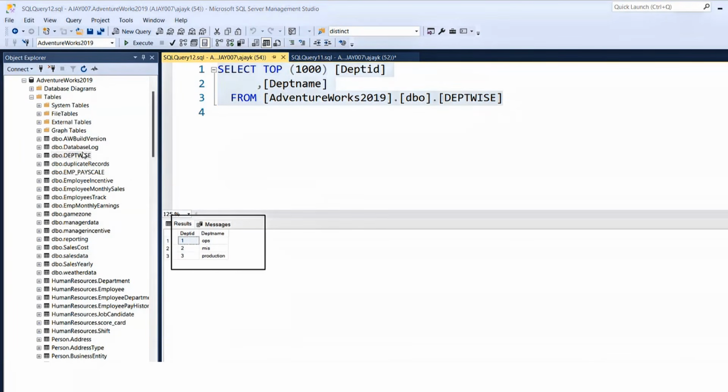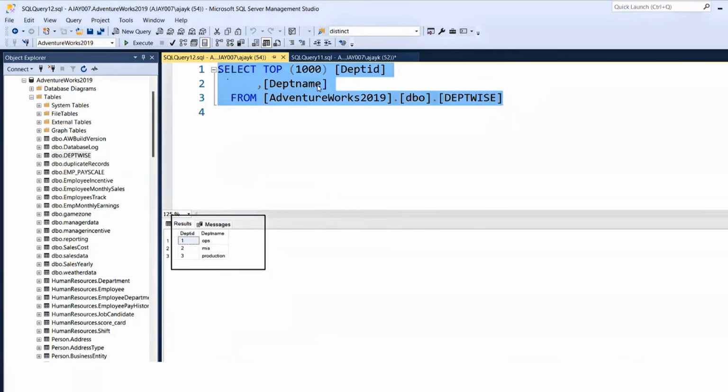Otherwise, directly you can't see the data. This is where you will see the data. Like in Excel, when you open the Excel, what happens? The data is in front of you, isn't it? But in SQL Server, these tables, if I have to see what is inside this table, I have to write a query. What query? That we will see. And when I'm done with the query, I'm just going to execute this. I'm going to select this like this, and I run this.